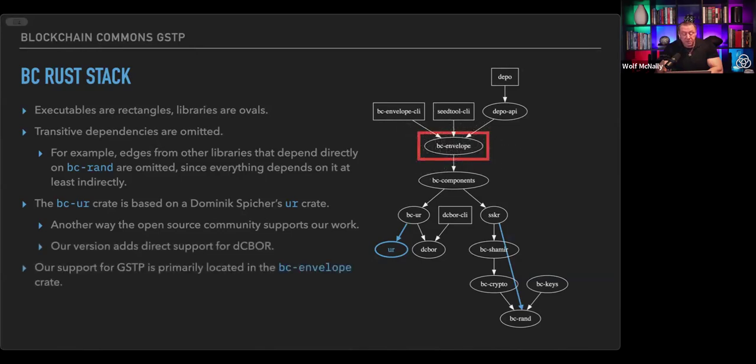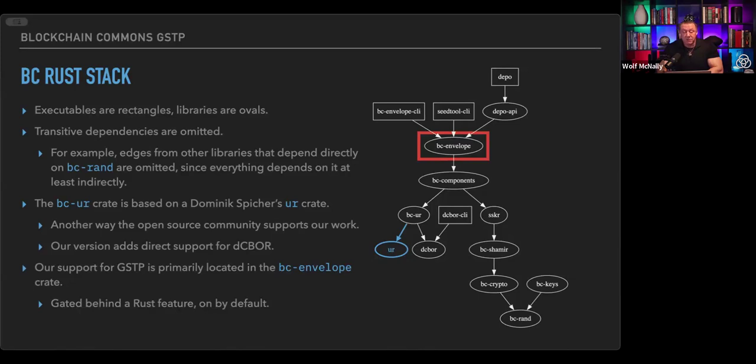We're also going to focus on this particular crate, the BC envelope crate. This is where our direct support for GSTP is currently located. The BC envelope crate, if you look at the cargo.toml file, has quite a few different features. You can basically use it as is, where all the features are turned on by default, and that's fine. And Rust is very good about, in a large code base, compiling, stripping dead code and not including what you don't need in your final thing. But if you want to actually turn off any of these features for specific purposes, you can turn off GSTP,